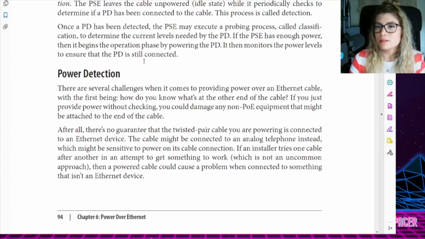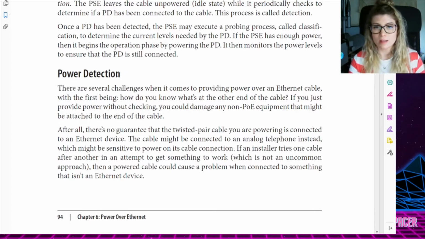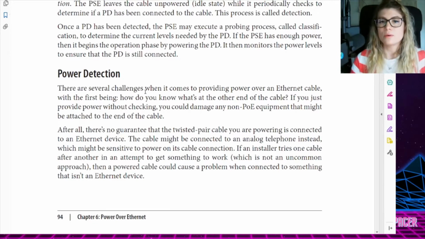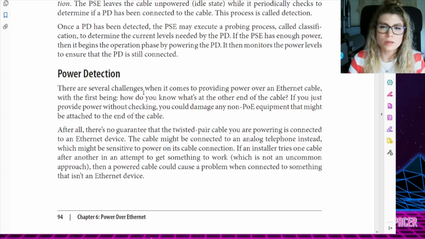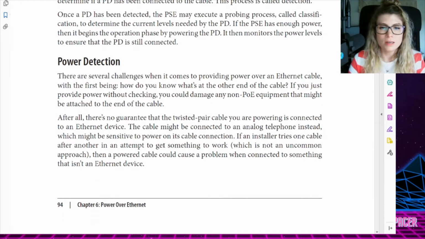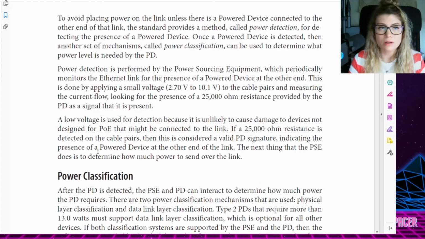How does the PSE know what's on the other end of the cable? If you just throw power onto that cable without double checking, you could damage what's on the other end if it's not PoE equipment. The example they use is an analog telephone, which could be sensitive to power on its cable connection, so it could cause a problem if it's connected to a non-Ethernet device. So the power detection is,